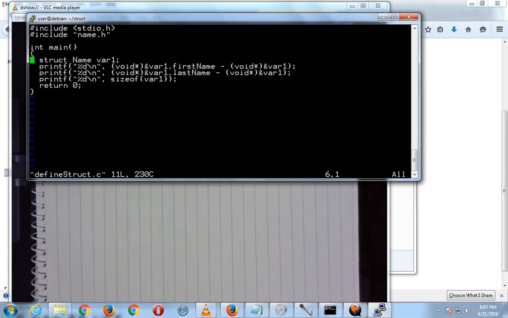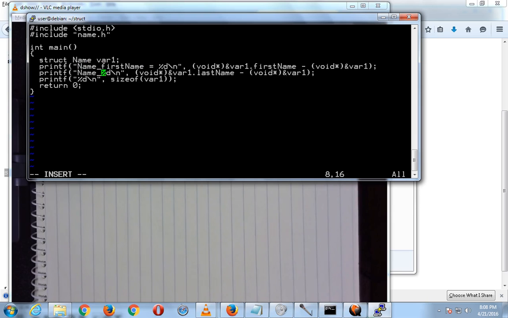Well, I'm going to do something to this program, and you can tell me what I'm trying to do. Okay? So I'm going to go here, and instead of just printing the number, I'm going to say name, which is the name of the structure, and underscore, so I can separate the name of the member. First name equals to, just like that, and name underscore last name equals to, and then the last one is just the size of, and I'm going to use the same convention, name underscore size of equals to %d \n. Okay, and we'll just go ahead and make define struct